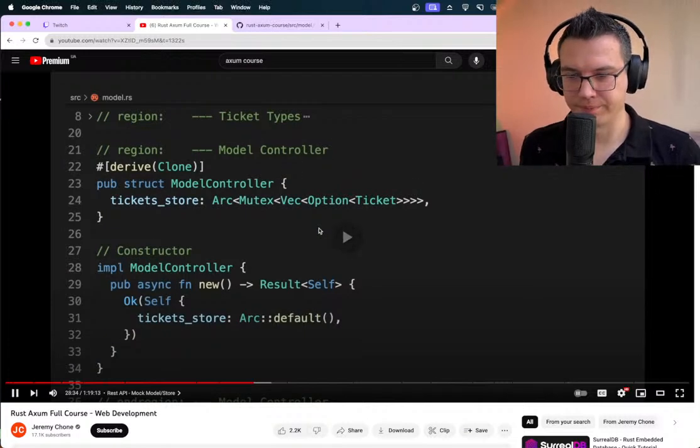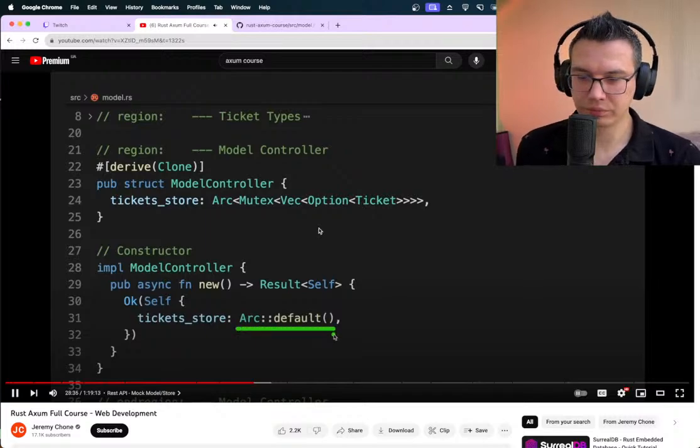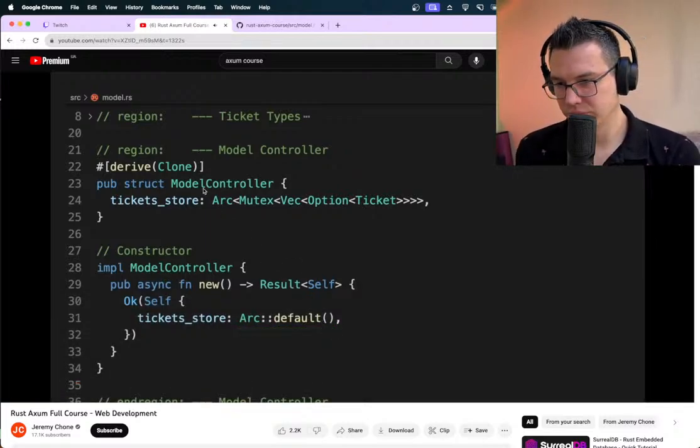Yeah, it looks okay. Now, because we use the Arc default here, we could also derive directly on the model